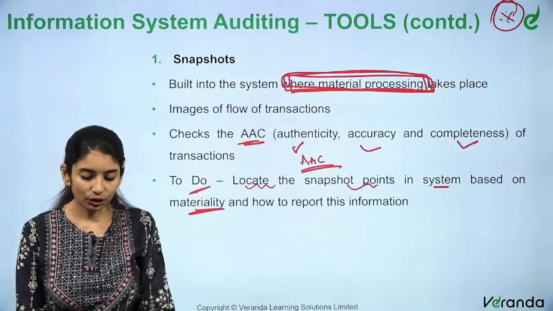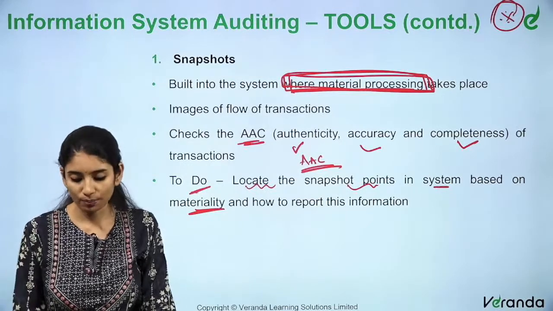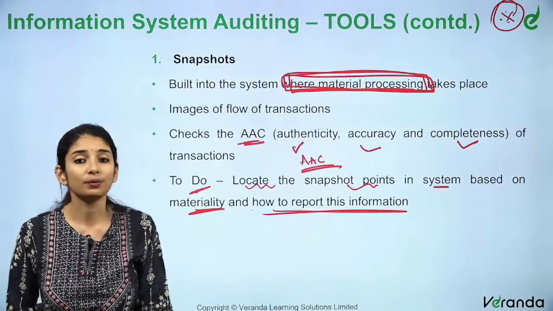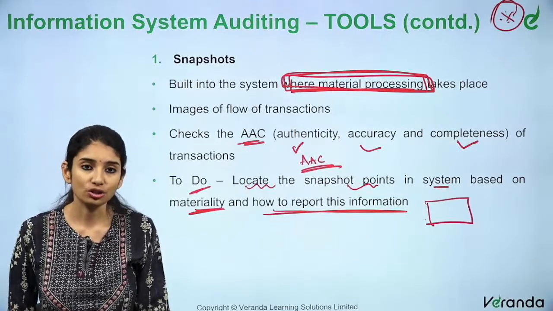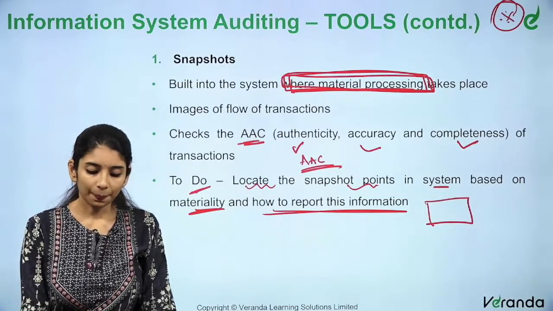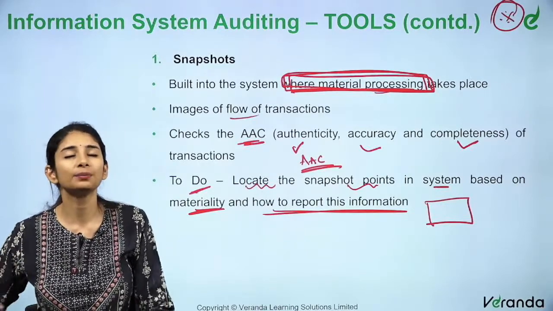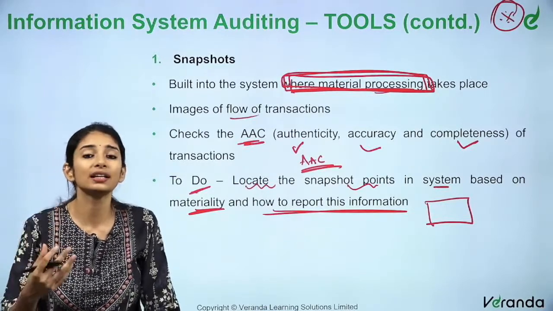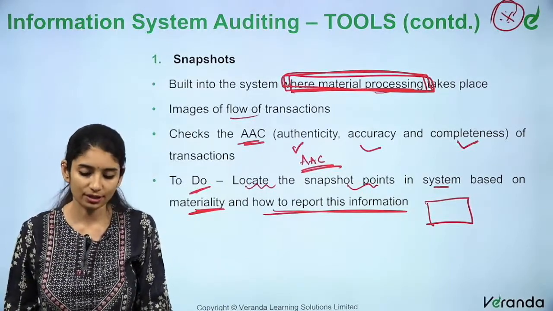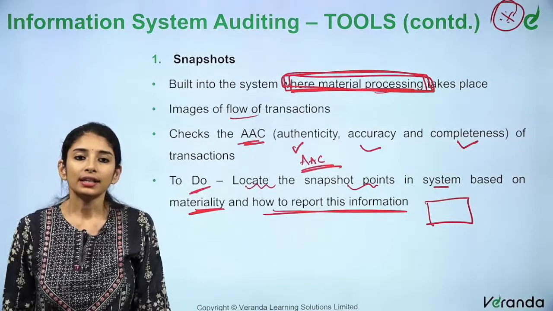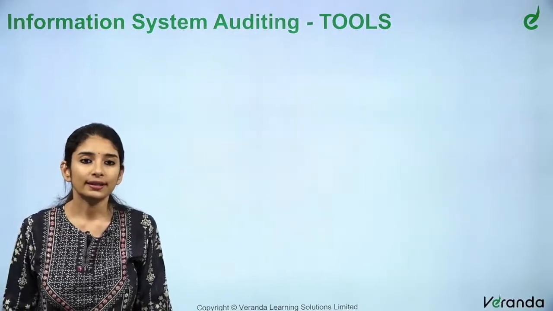What is important for the auditor and the management is to locate where these snapshot points need to be placed and how to report this information. In what format or in what design should I report this information to the auditor? Clear? Image of flow of transaction where material processing, material means material to the organization. Material to one organization could be different from what is material to another organization. Clear? So, first is snapshot, clicking a picture. The next one is